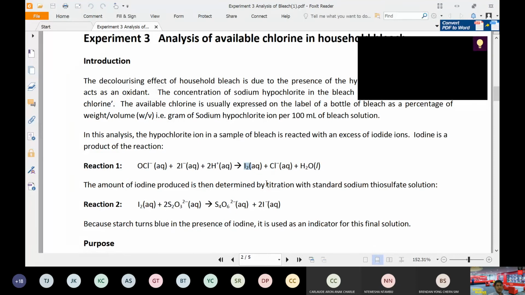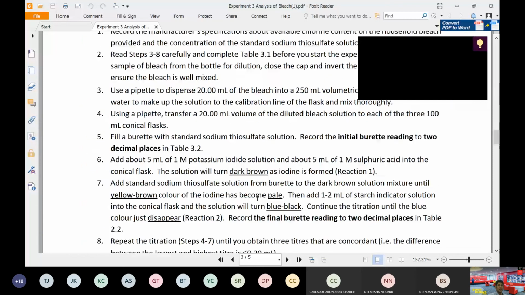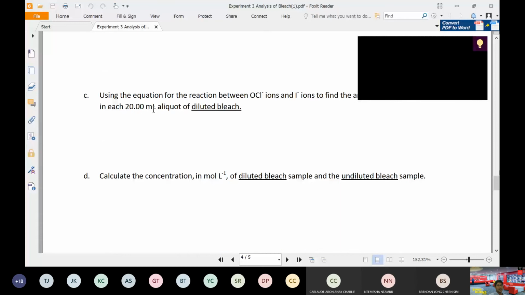So how much iodine was titrated? From there I will know how much iodine I used and how much hypochlorite ion was there to react with that iodine. So for number C, we have to find the number of moles of iodine, and then from there